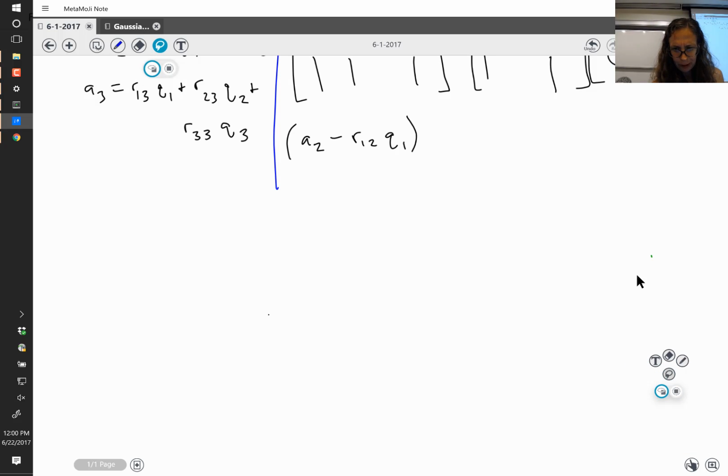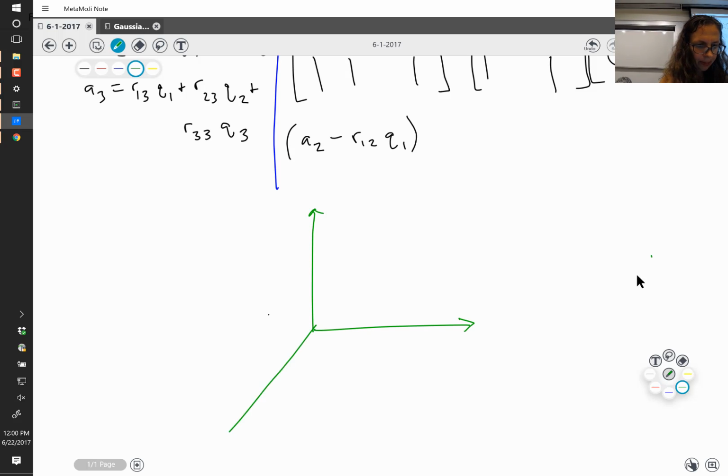Now we're going to have to imagine that we're in 3 dimensions. I'm going to draw a background. So we're in 3 dimensions, and we've already found